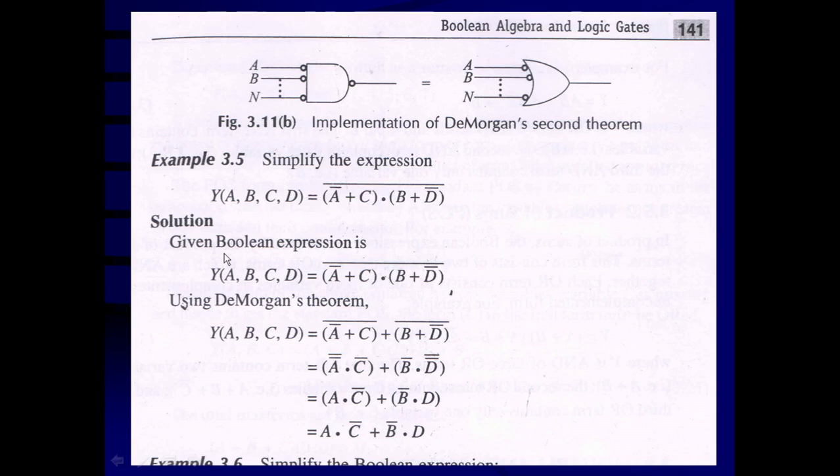So the given Boolean expression is equal to this. Using Boolean theorems, De Morgan's theorem, we can say that y is a function of ABCD. Under the negation, this bar, the inputs are inverted. What was the input? Inside the bracket, A bar plus C was the input. That is going to be inverted, that is complemented. B plus D bar was the input. That is complemented. And this AND gate becomes an OR operation. You can see the dot becomes OR.